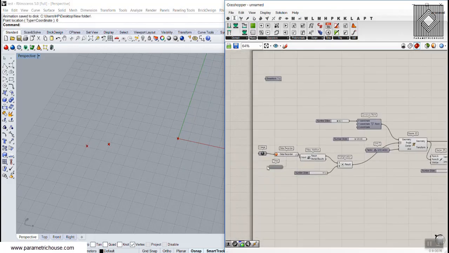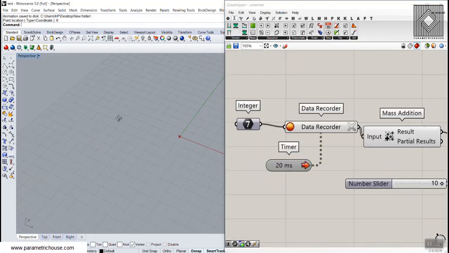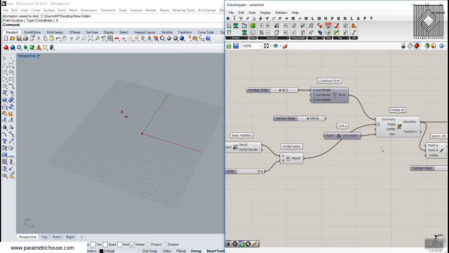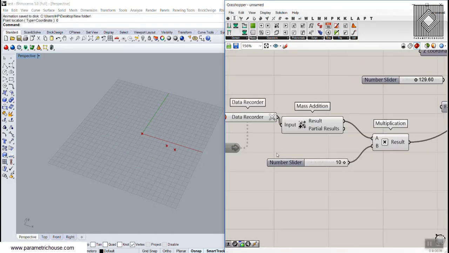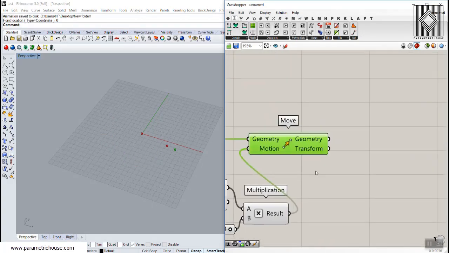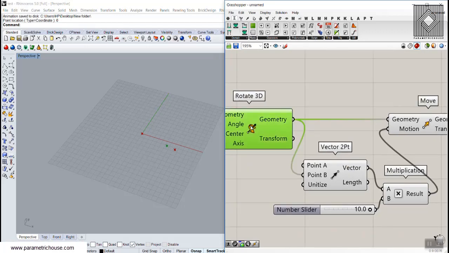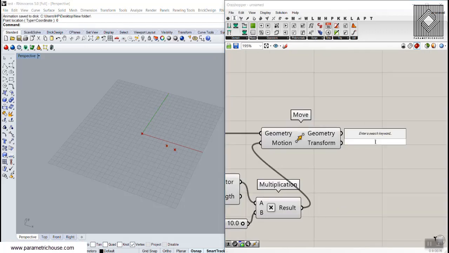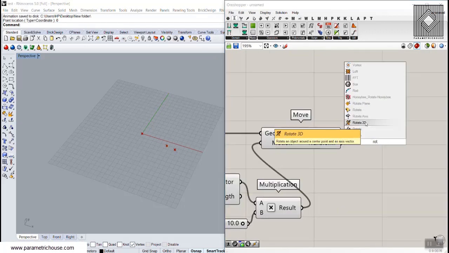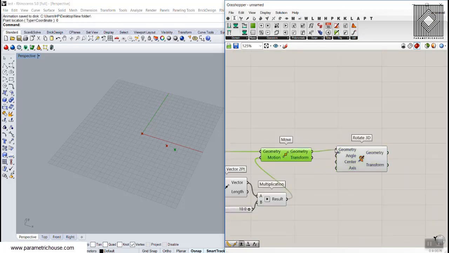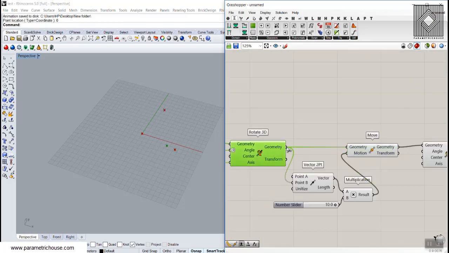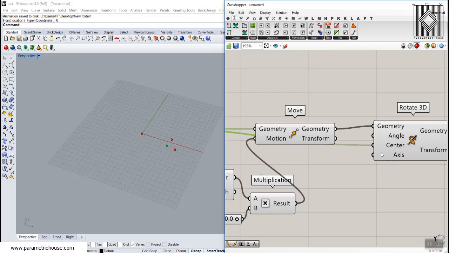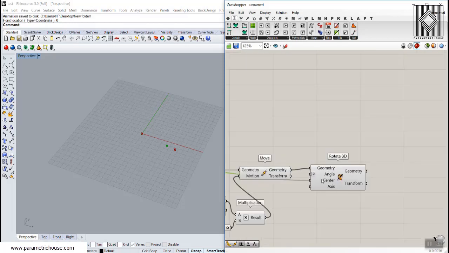So if I again double click on the timer, you can see a simple rotating point around another one. And now, that's the important part, we can rotate again this point around the center. So I'm going to use a rotation again, rotate 3D, rotate this point around this point in the same axis and with a degree.